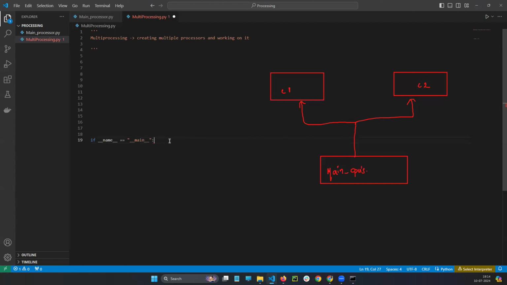this refers to the main CPU. So I'm telling you, you need to inform the main CPU, no? Without informing the main CPU, how can you create the sub CPUs? Let's say for example, you want me to teach in the morning, in the afternoon, in the evening, at a time. You got my point. Let's say morning 7 o'clock I want to teach in Hyderabad.